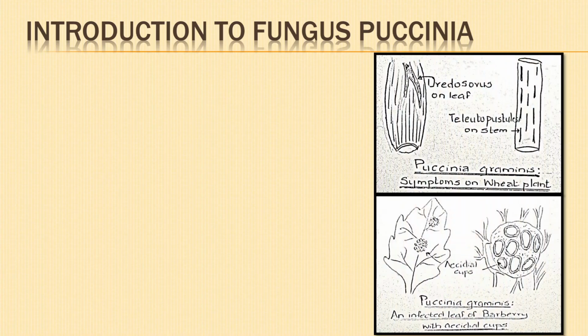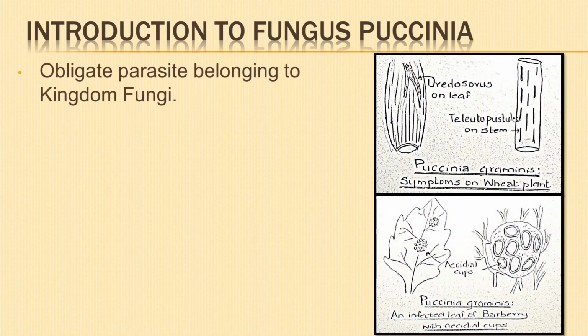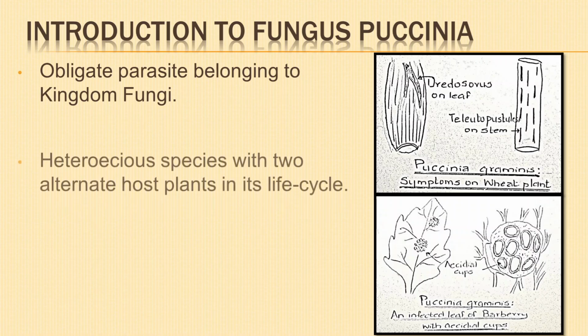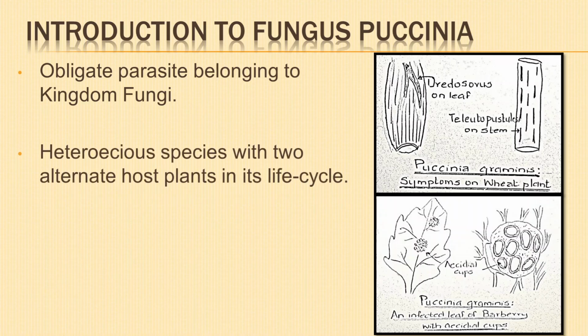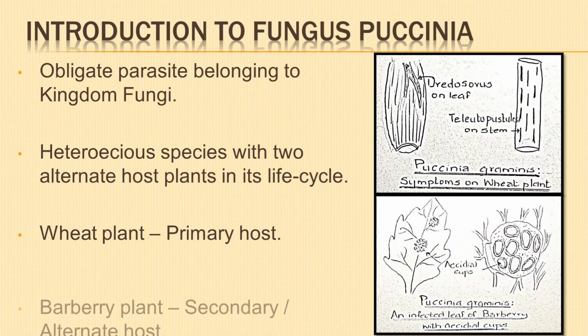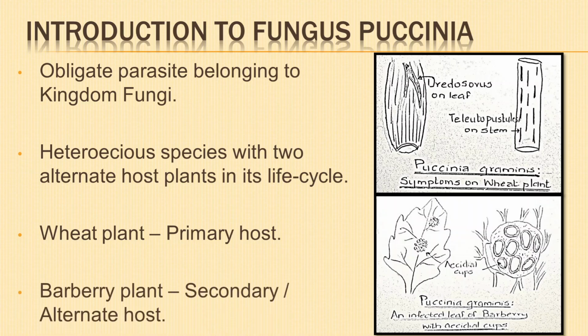Let us start with the introduction to Puccinia graminis. Puccinia graminis is an obligate parasite belonging to kingdom Fungi. It is a heteroecious species with two distinct alternate host plants in its life cycle. The wheat plant Triticum vulgare is called the primary host, while the barberry plant Berberis vulgaris is the secondary or